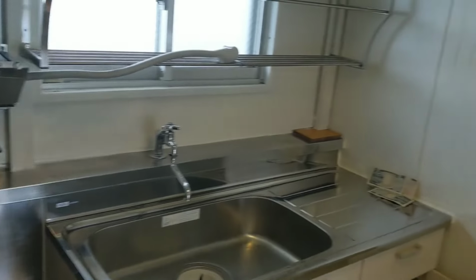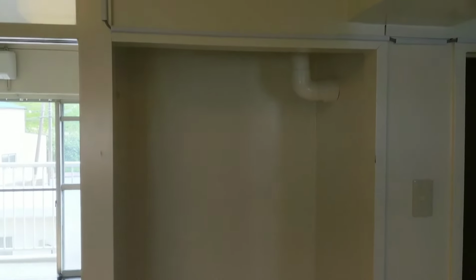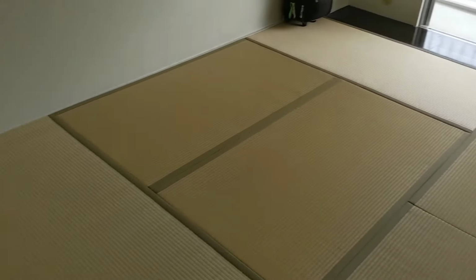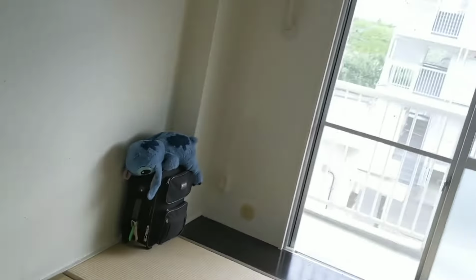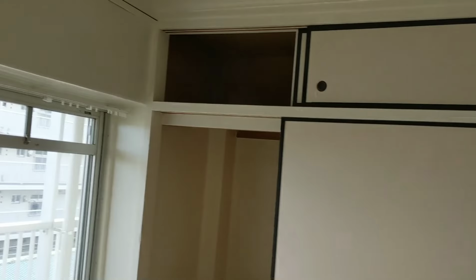So if you turn from the kitchen, you can see where I kept my refrigerator and my trash cans. And this room over here is where my living room was. It's six tatami, I think? Yeah, 6. Sorry, math. My sofa was here, my table was here, my air conditioner that talks was there, and then